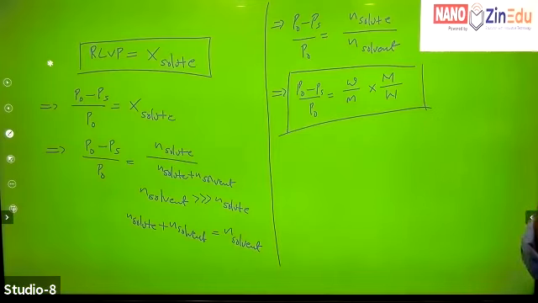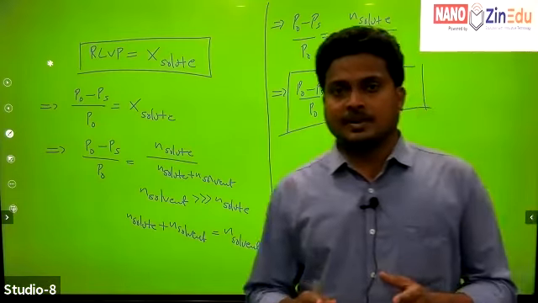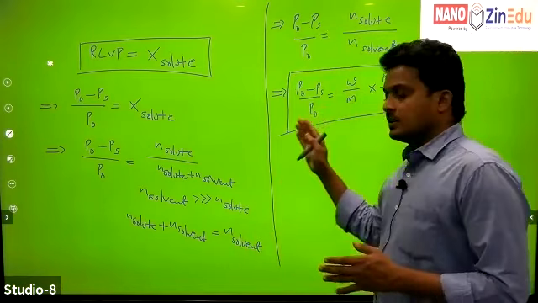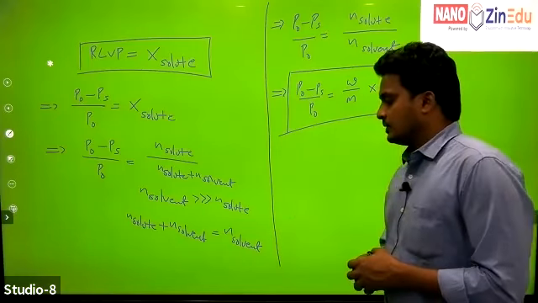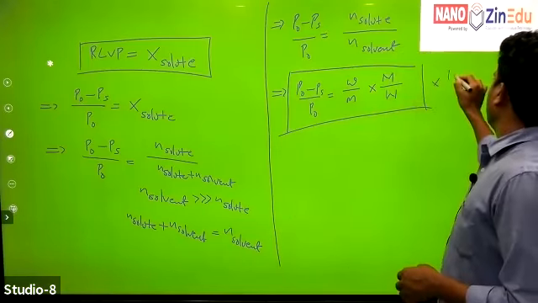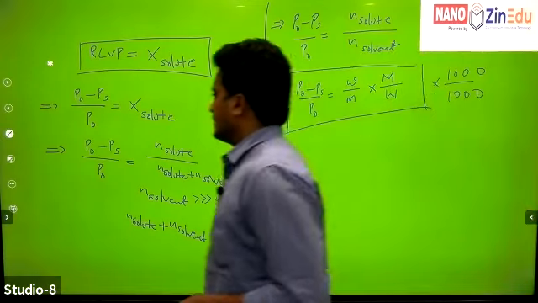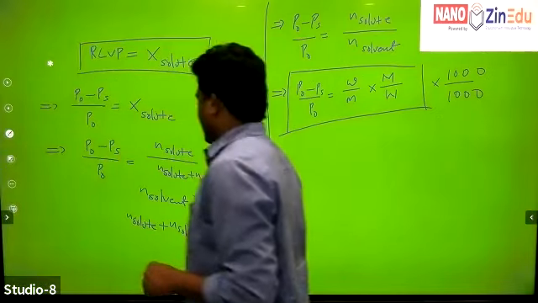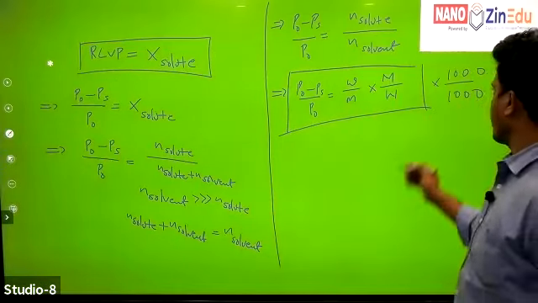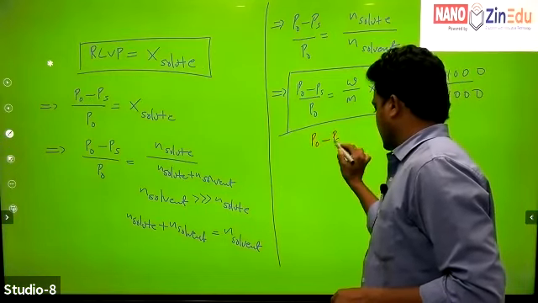Now, how can we derive the relationship between relative lowering of vapor pressure and molality? RLVP to molality. Divide and multiply with 1000. So then rearrange the formula. Rearrange it. Then it becomes P naught minus PS by P naught is equal to